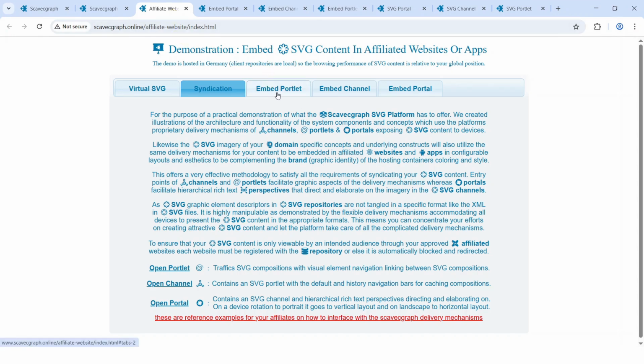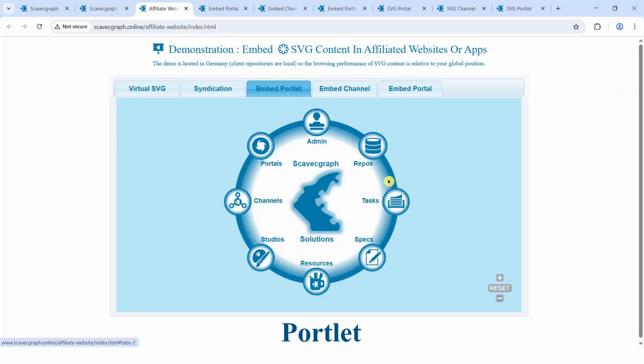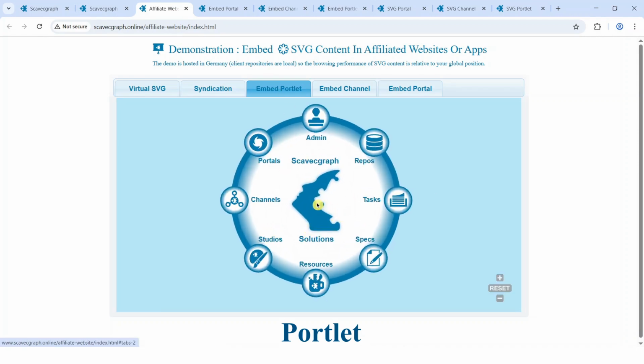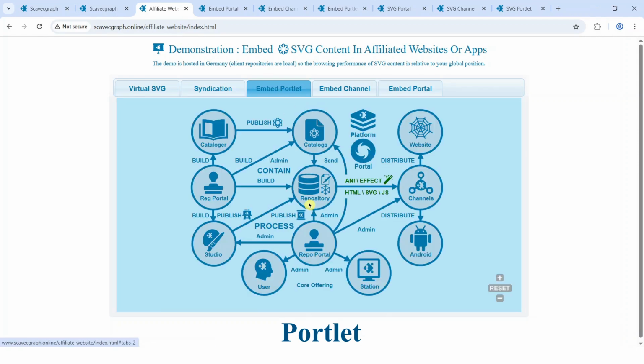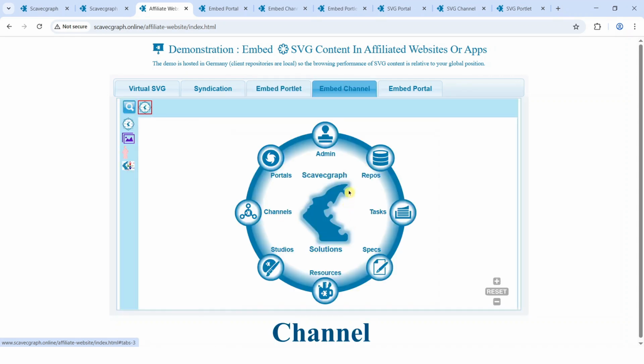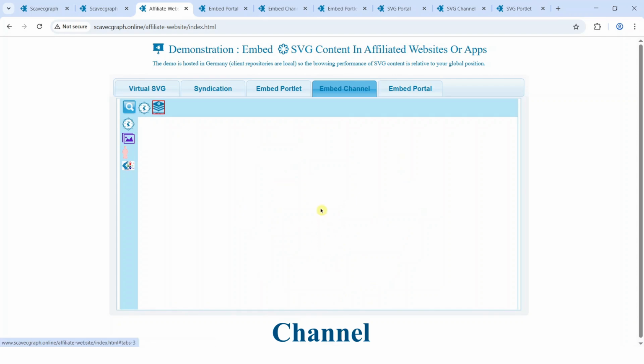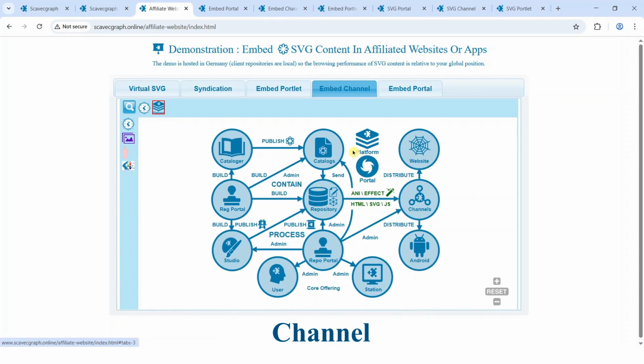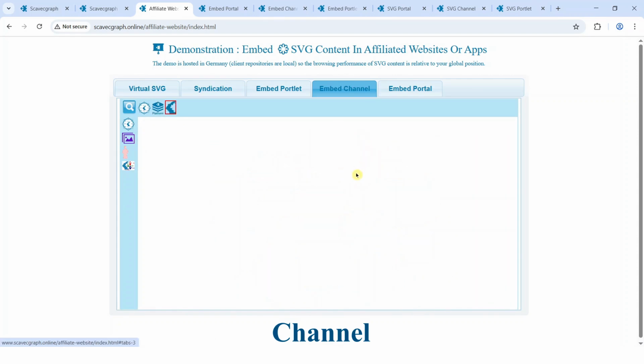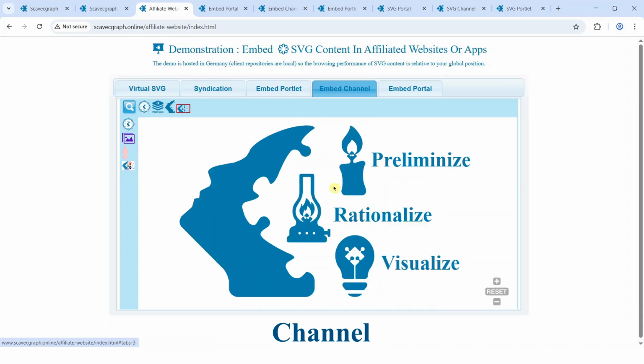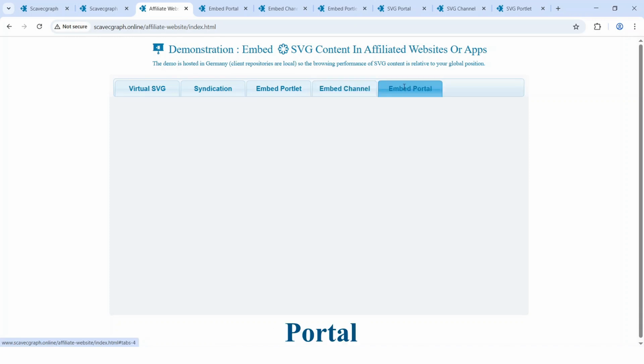Entry points of portlets and channels facilitate graphic aspects of the delivery mechanisms, whereas portals facilitate hierarchical rich text perspectives that direct and elaborate on the imagery in SVG channels. As SVG graphic element descriptors in SVG repositories are not tangled in a format like XML in SVG files, it